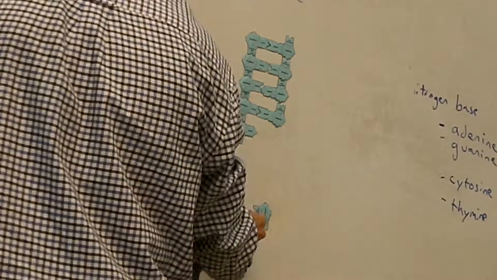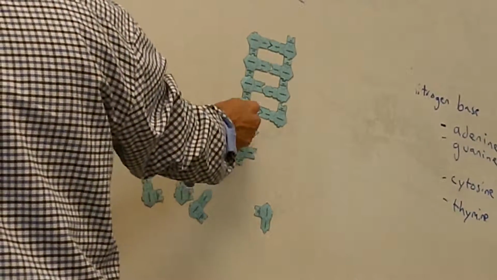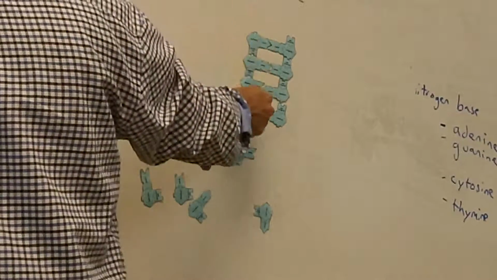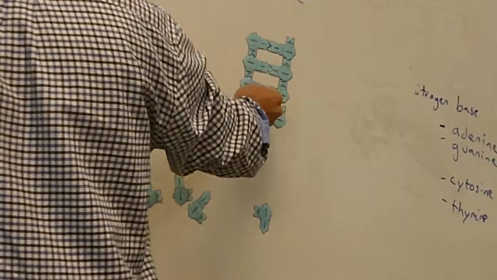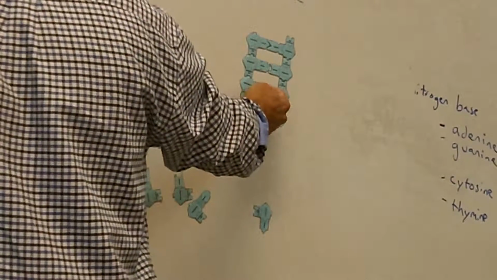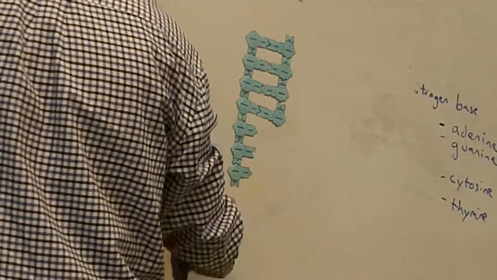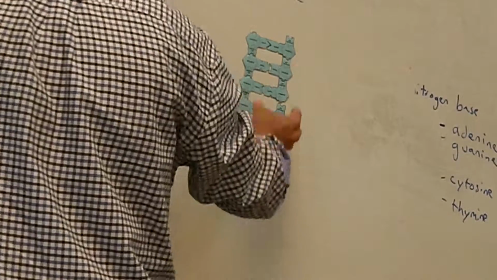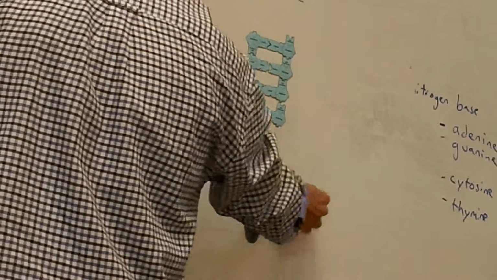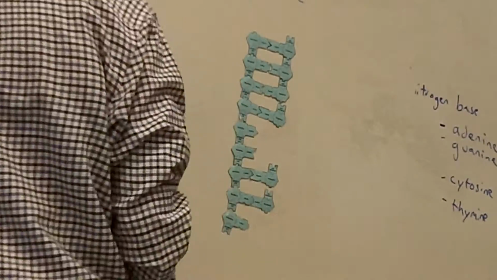So the sugar and phosphate covalently bond on the side and form a strong bond. And in the middle, the two nitrogen bases form a weak bond, what we call a hydrogen bond. And so what you can do is you can build a structure out of these nucleotides,